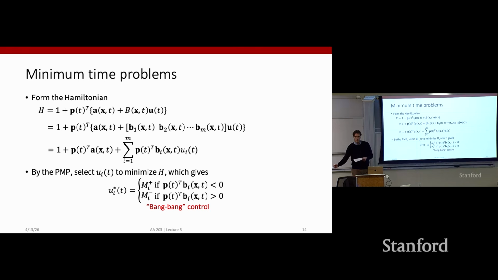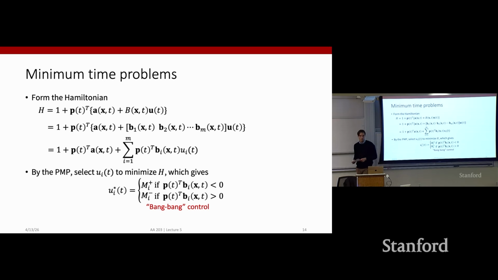We either go for full throttle or we brake at our maximum speed. Yes? Is equal to 0, does that not necessarily mean that it's uncontrollable in that state? It means that the optimality conditions do not give us a characterization of how the control looks like. So remember, all of these are optimality conditions that allow us to pinpoint candidates for optimality. And so this means that in those situations, these optimality conditions do not give us information on what an optimal